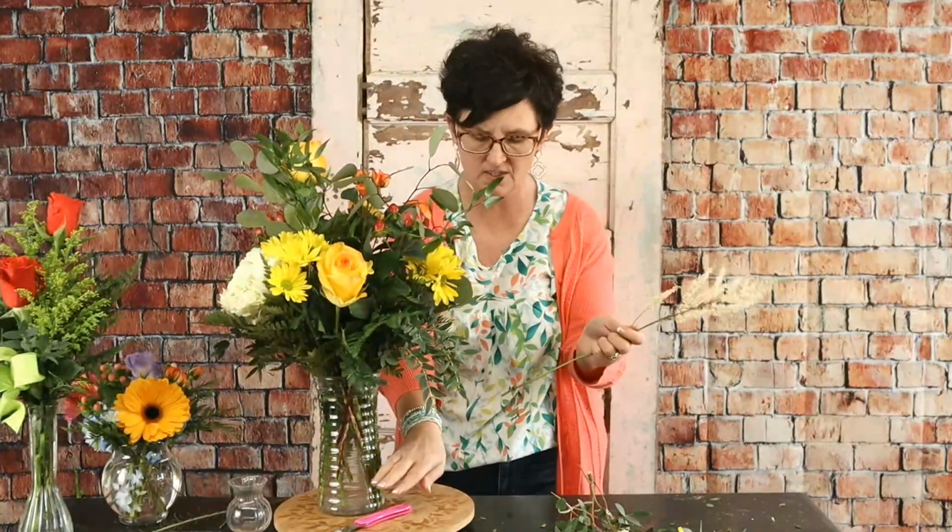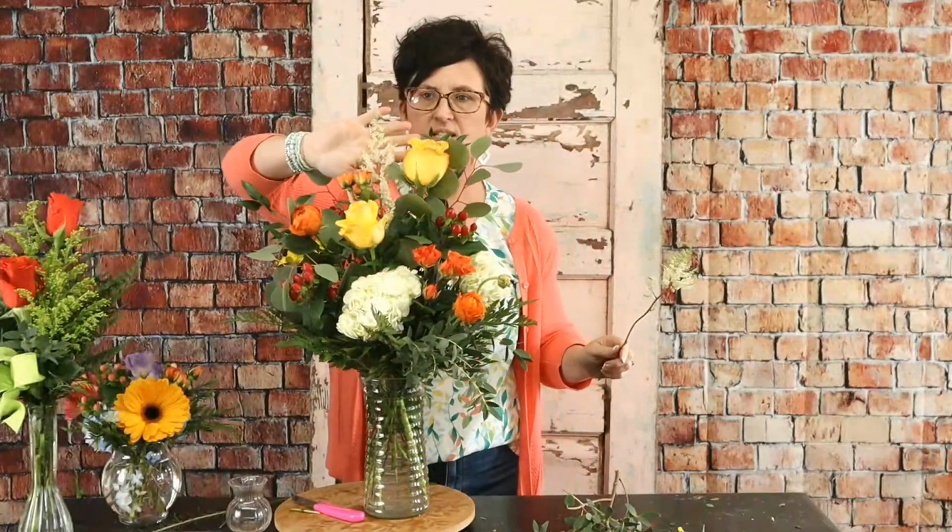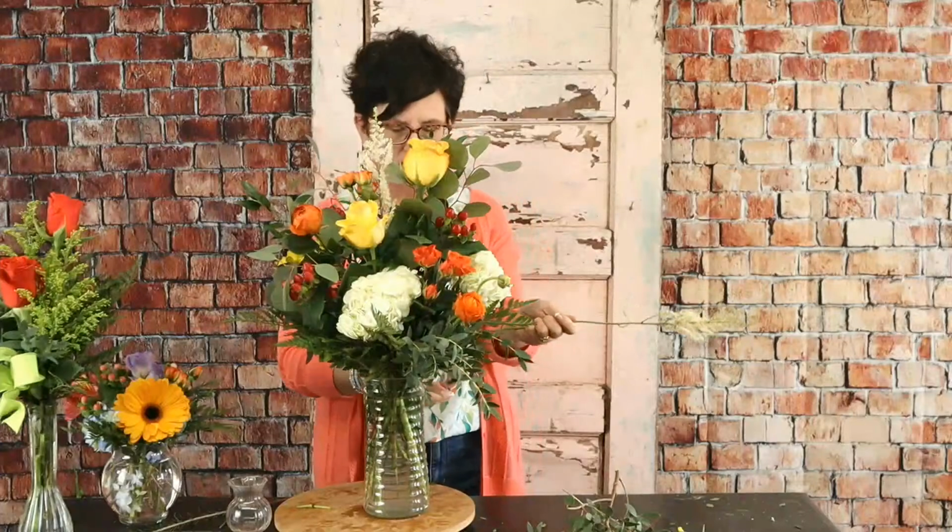So a steel bee reminds me a lot of a solidago. I mean, it's just kind of that airy look. And so we're going to tuck that kind of in the top. What's really nice about the steel bee is it kind of pulls the white from those hydrangeas. It's kind of hard to see on that white door, but it pulls that white all the way through, which